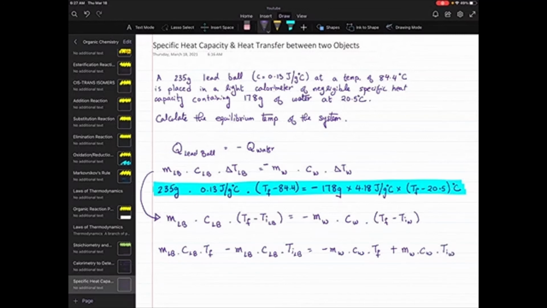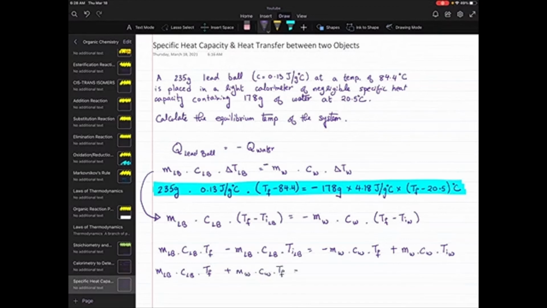So this is the expanded form for the heat, and now what we know is we want to isolate for TF. So we will take both the TF values and bring them to the same side. I'm going to keep the M lead ball, C of LB, and TF on this side, and I'm going to bring the right-hand side's water component with the TF, the final temperature, to the left-hand side. So it will become plus MW CW TF,